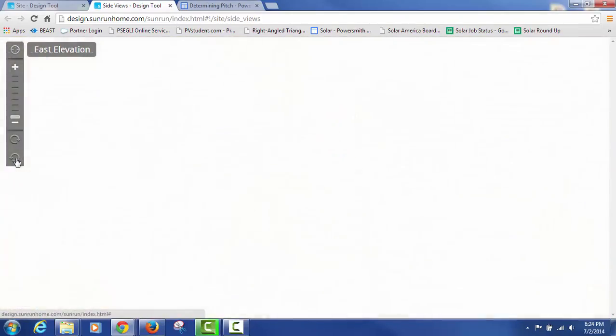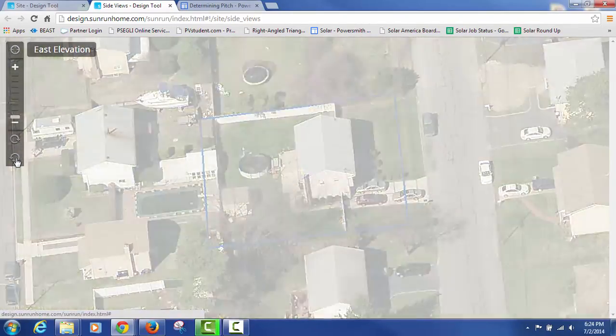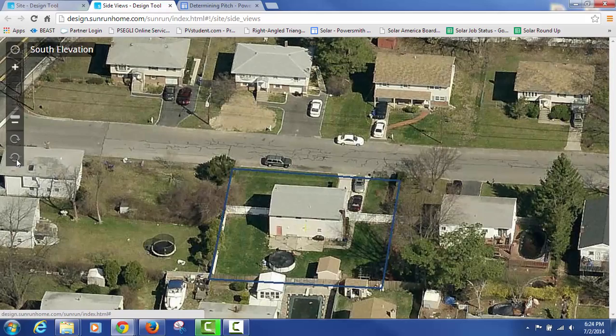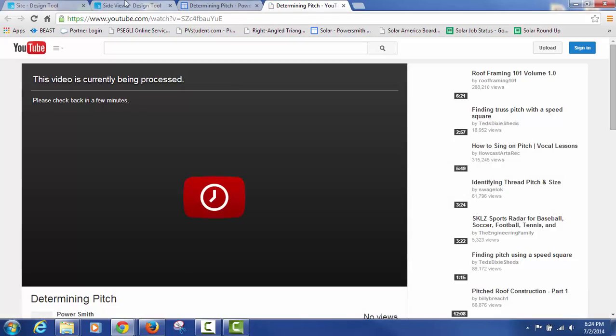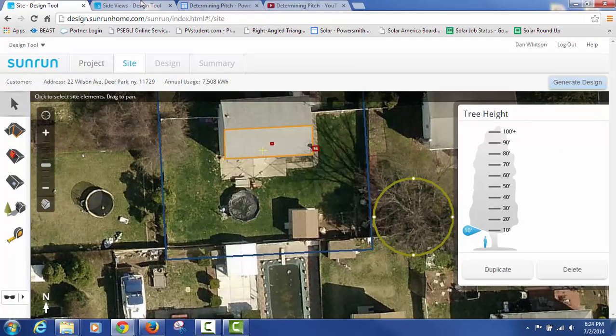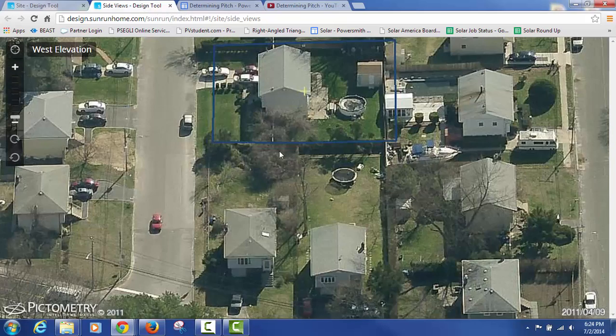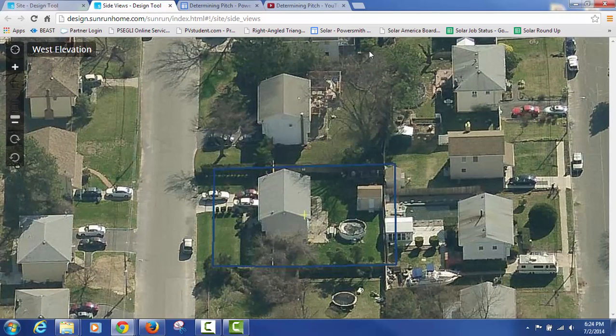Again, you really got to see which view is most telling. It looks like this one. This view is giving you the best idea of the height of that tree. So these houses are about 30 feet tall, and that tree looks like double the height of these houses.